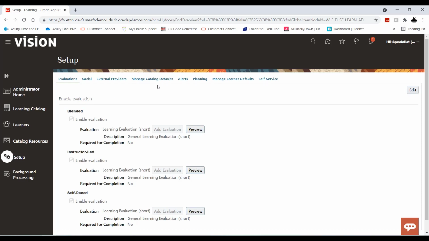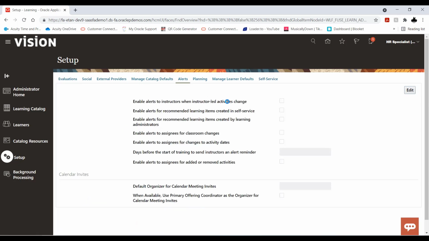And we're going to come up over here to Alerts, and we're going to take a look to see if any alerts are turned on. And this happens from time to time. You think your alerts are turned on, and sometimes they're not. By default, this is the way the application normally comes. And for whatever reason, if these aren't turned on, it's very easy to turn these on. So you simply just click on Edit,